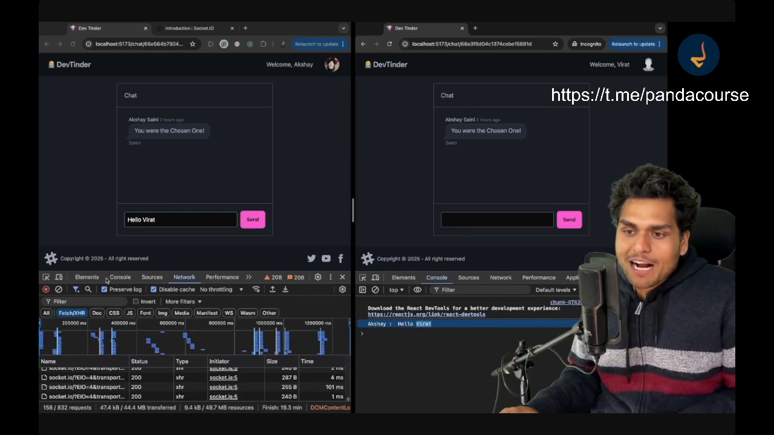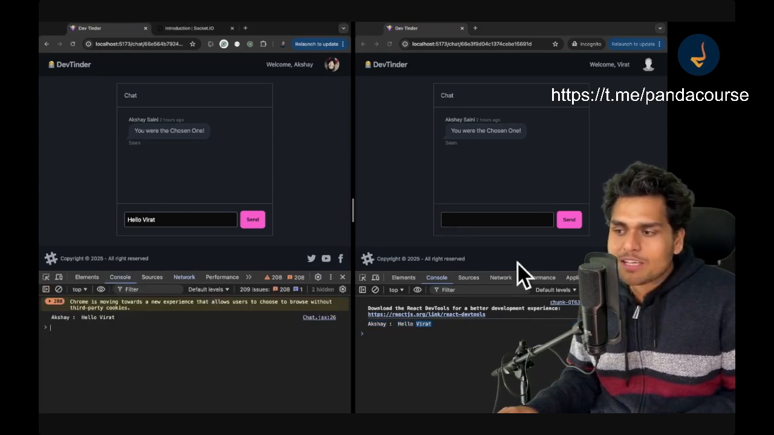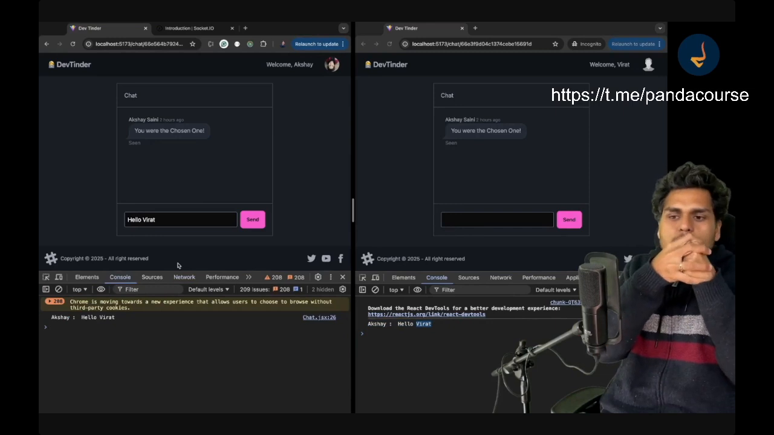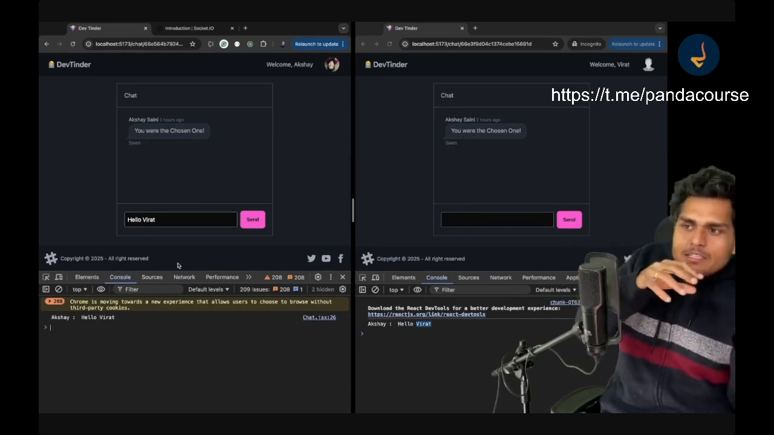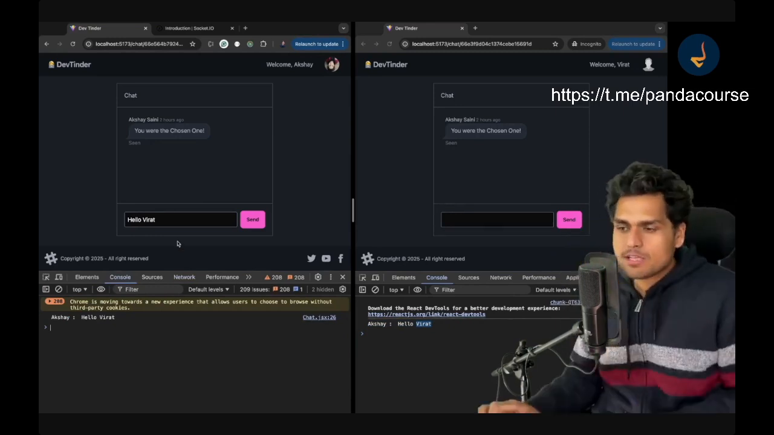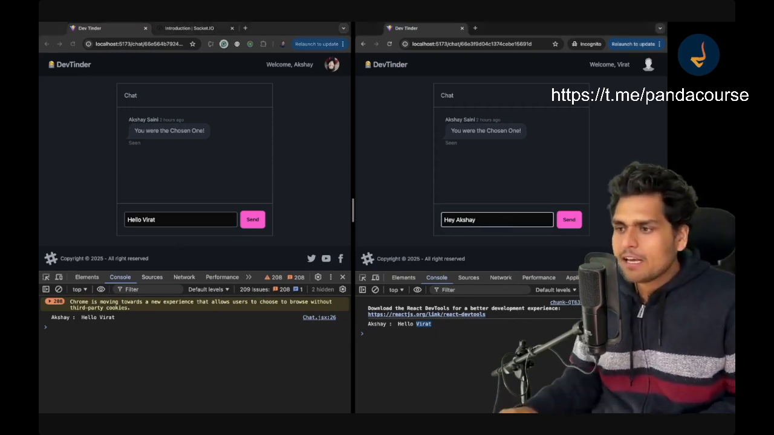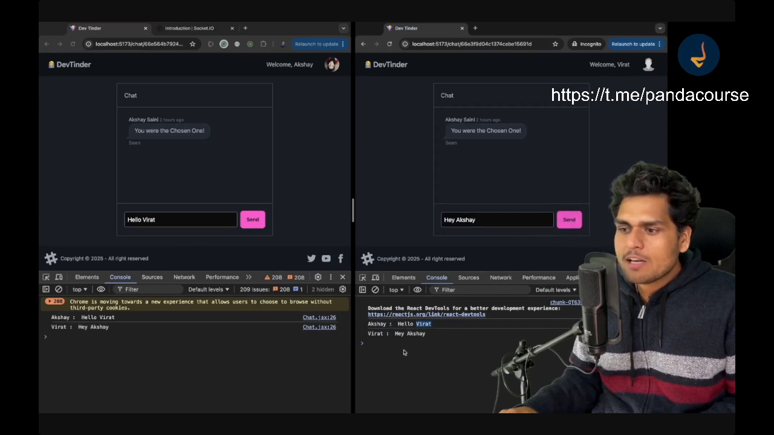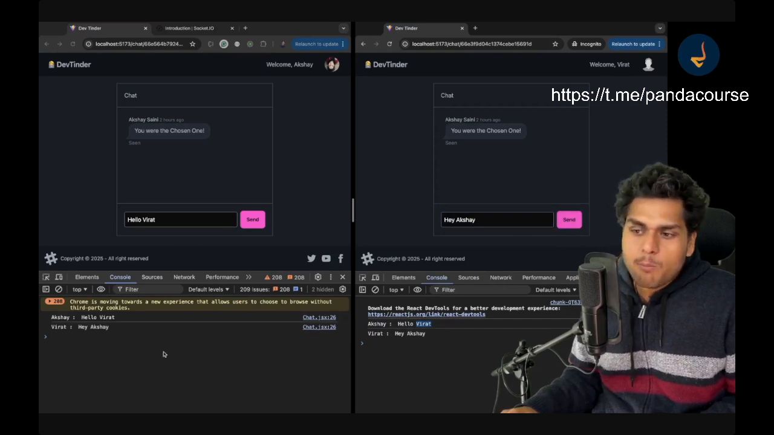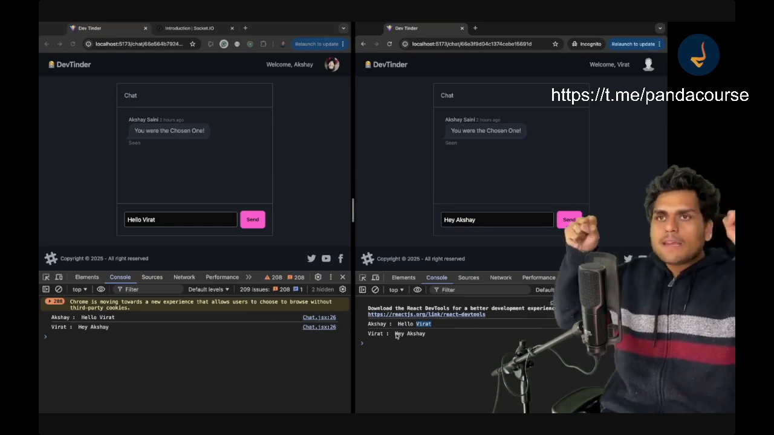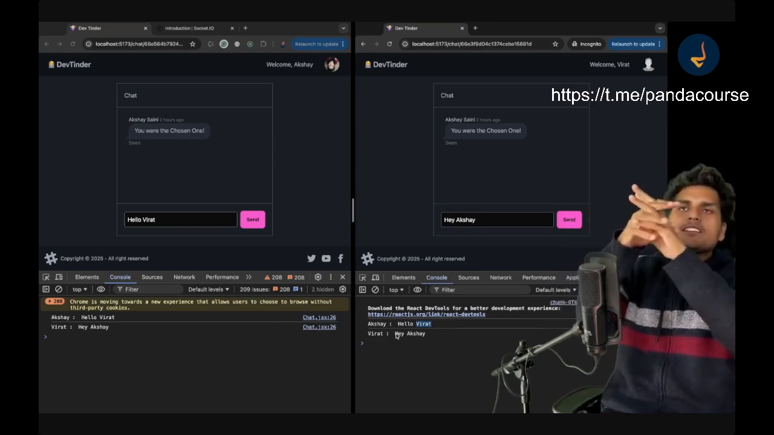Now, suppose Virat is sending the message, Akshay should also receive, right? And see, Akshay is also connected to the same room. Now, Akshay is getting his message also and Virat is getting his message also. See, now Virat is sending the message, hey, Akshay. So see, Virat sent, hey, Akshay. See, both of the places, because these two clients are connected to the same room, anybody sends the message, the